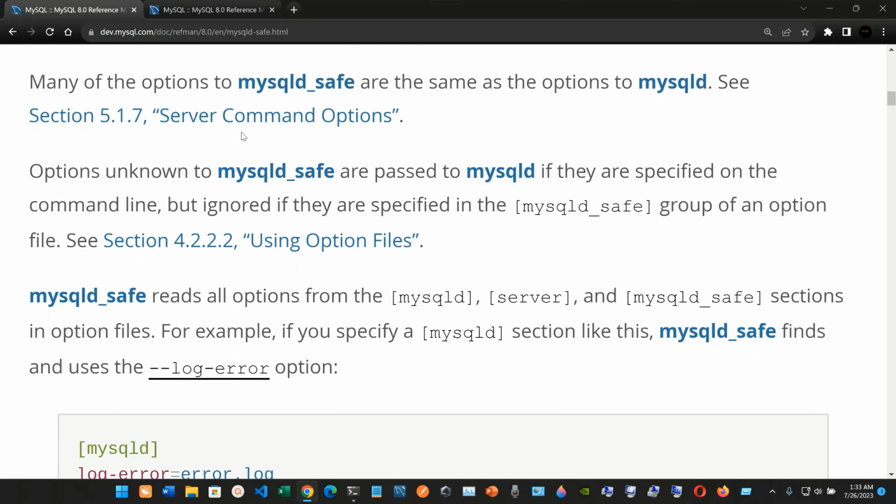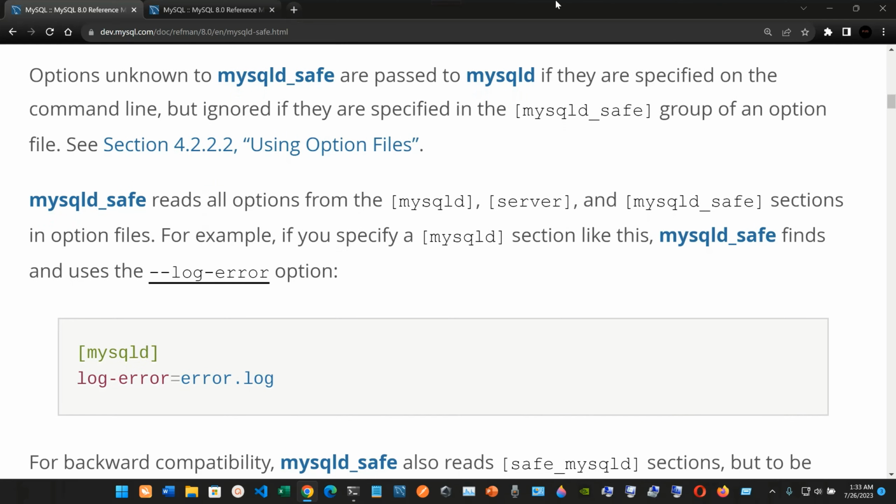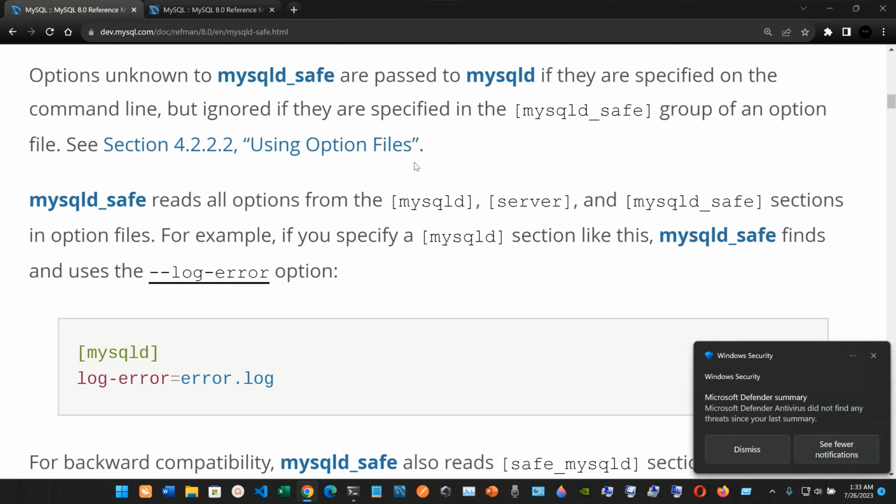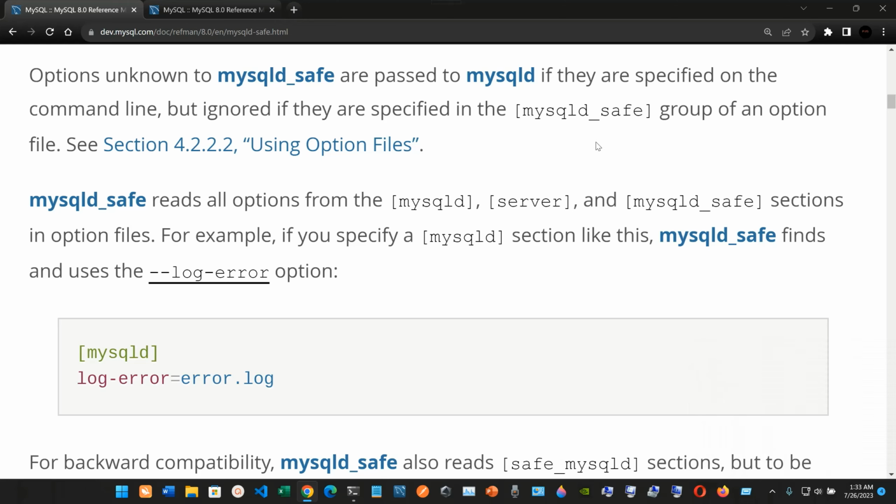Many options of mysqld_safe are the same as the options of mysqld. You can check out this link, server command options. Options unknown to mysqld_safe are passed to mysqld if they are specified on the command line, but ignored if they are specified in the mysqld_safe group of an option file, and you can check out the section